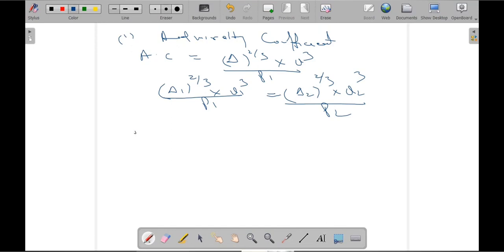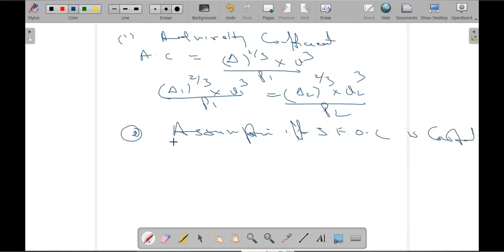The next thing which we saw was fuel coefficient. Fuel coefficient was based on the assumption, so never forget the assumption. Assumption is that SFOC is constant. So I will write, if SFOC is constant, then power is directly proportional to daily consumption